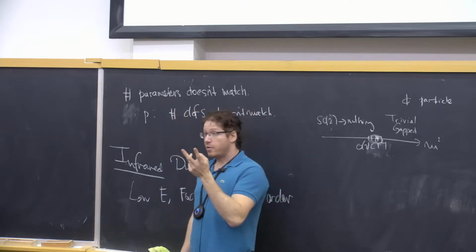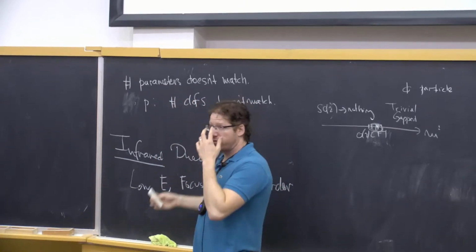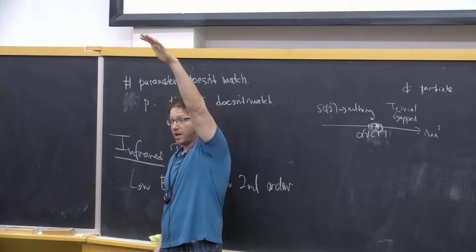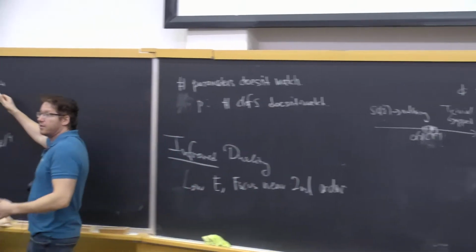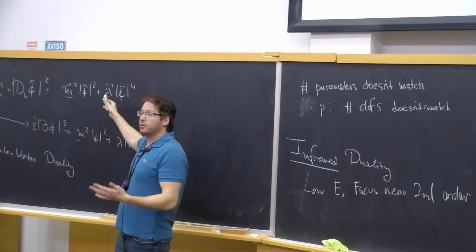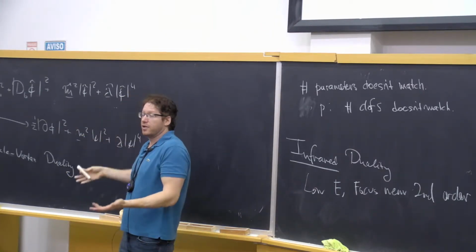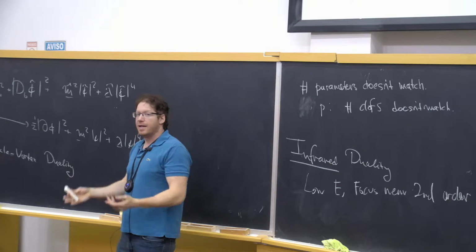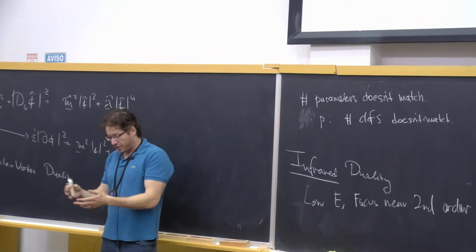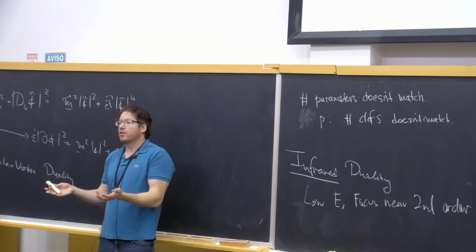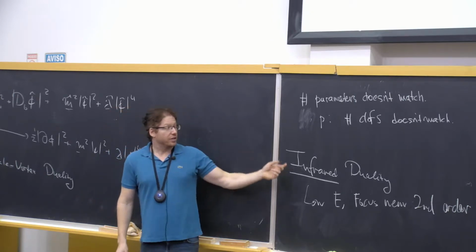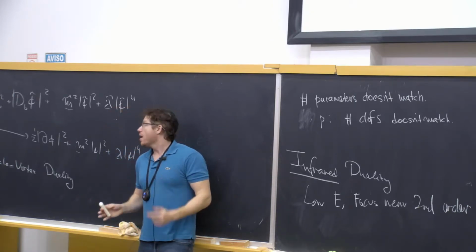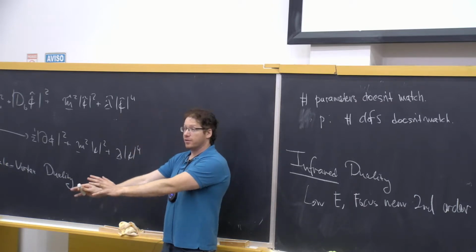So this addresses both paradoxes, because the number of degrees of freedom is something that we count at high energies. If you do high energy experiments in these theories, they are as different as any two theories could be. They have different numbers of degrees of freedom, different excitations with different spins. So there's nothing to discuss. Okay? And also the number of parameters is not a contradiction, because some parameters become irrelevant at long distances.